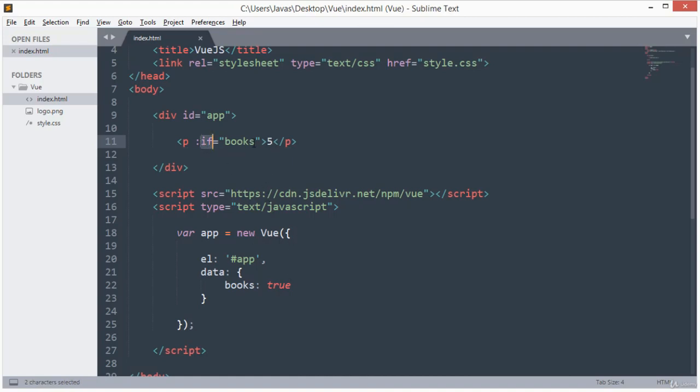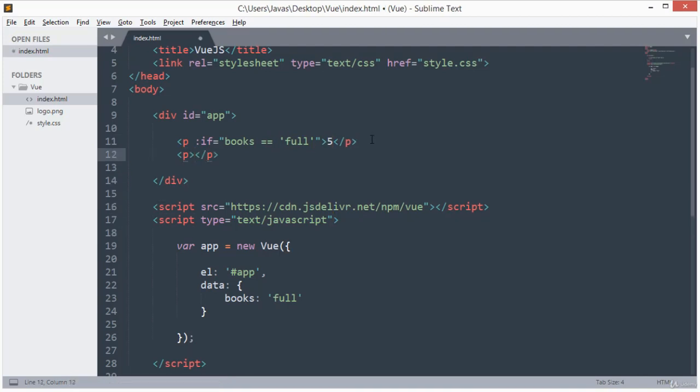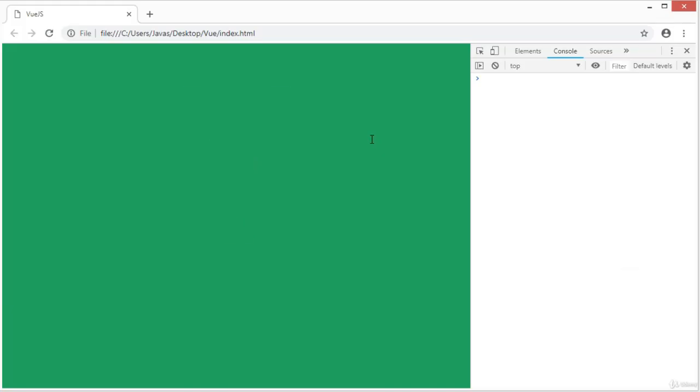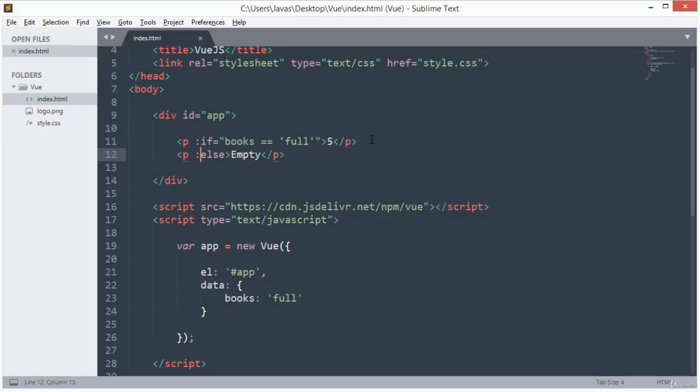Let me do a few other examples. Let me make it a value, for example, full. So if the library of books is full, just give us 5. Else, we can use the else condition as well. We can say else, just give us empty. If we go back and refresh,